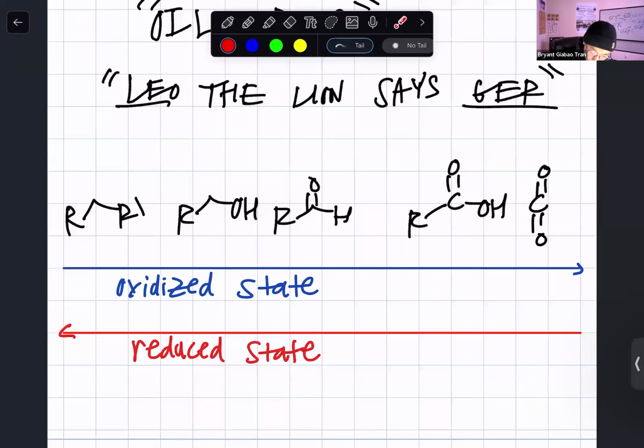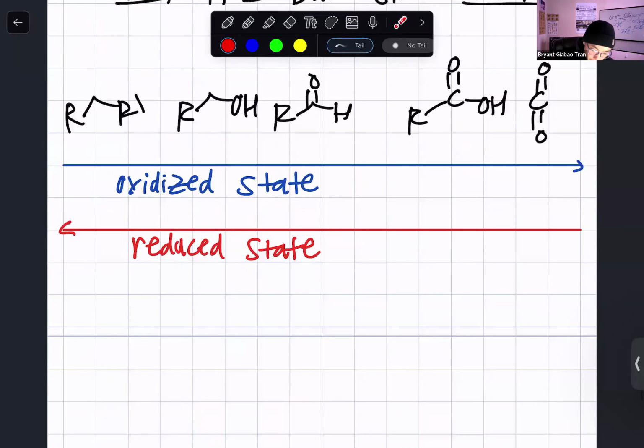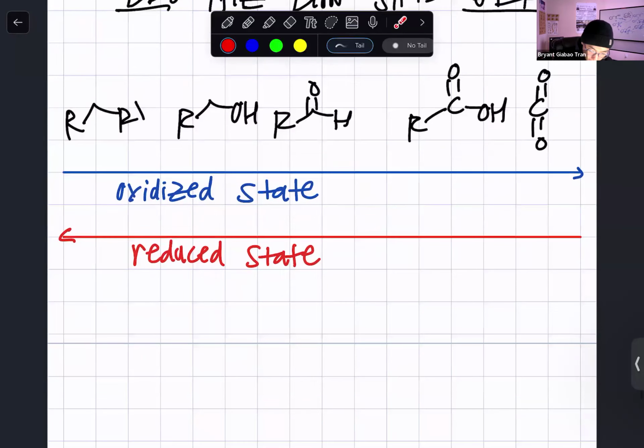Where, let's look at this carbon right here. This carbon has 4 bonds to oxygen. Now let's look at the next one. This carbon right here has 3 bonds to oxygen, which is why it's less oxidized than that carbon dioxide right there. Another way we could say this is that this carboxylic acid right here is more reduced than the carbon dioxide, but the carboxylic acid is more oxidized than the aldehyde, right? And we could say that the aldehyde is going to be more oxidized than the alcohol, but less oxidized than the carboxylic acid, right? So it's like a relative thing when we talk about the oxidized and reduced state,